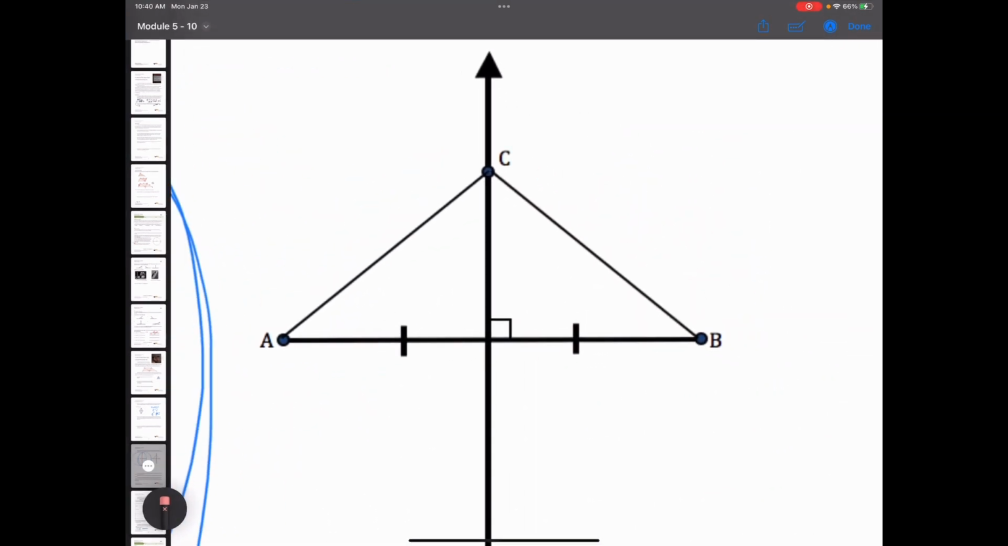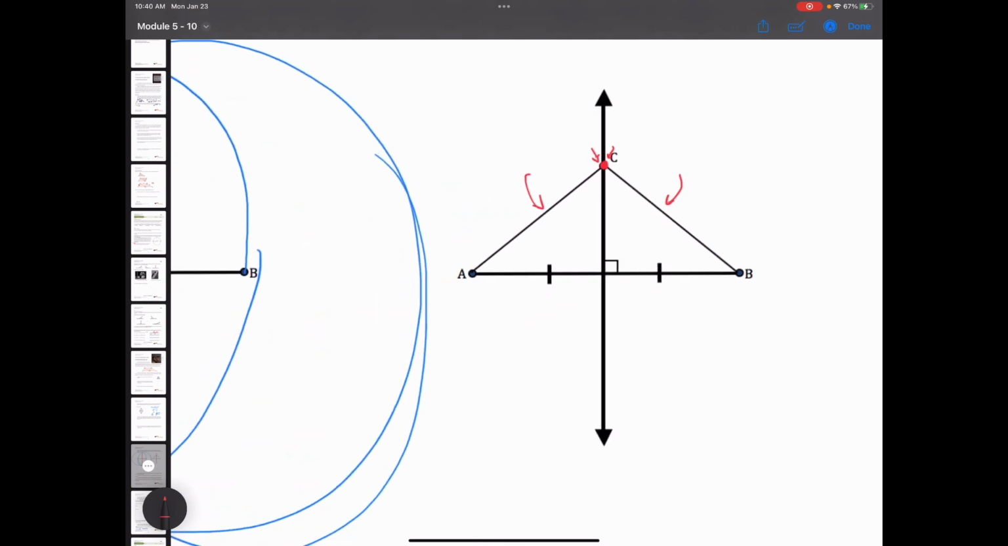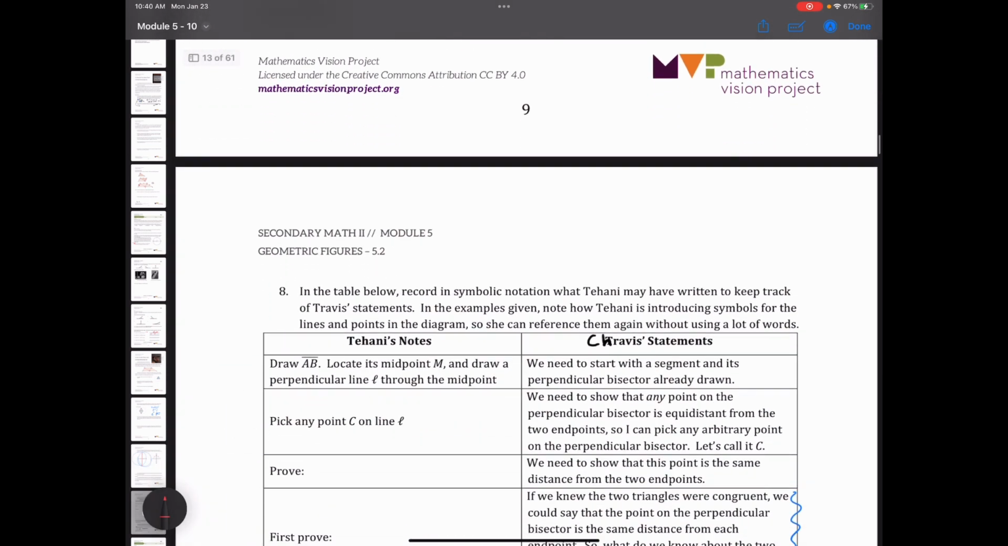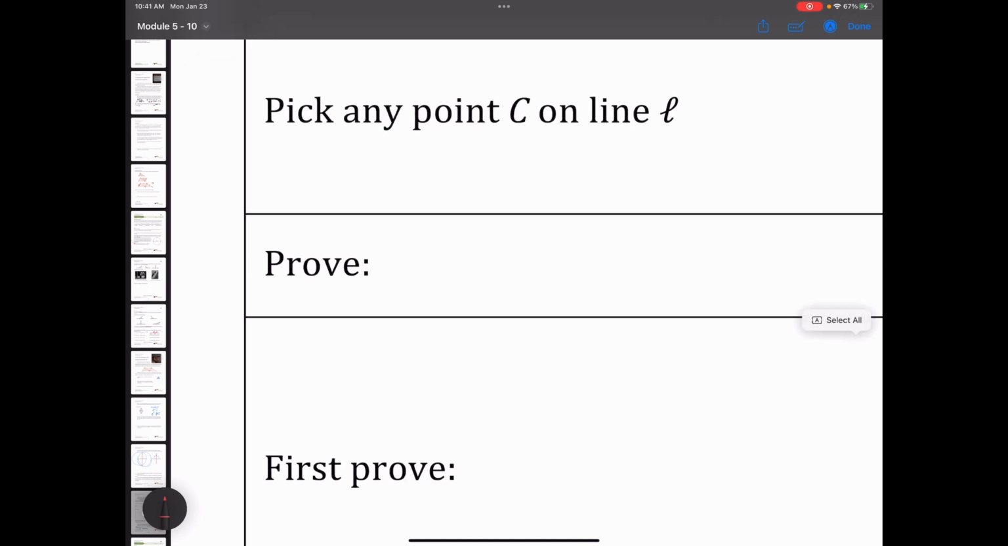Graphically, this point is the same distance from the two endpoints. What would we have to say? If this is the same distance from A and from B, what does that mean about AC and BC? That they're the same, right? They're congruent. So what we need to prove then is that segment AC,